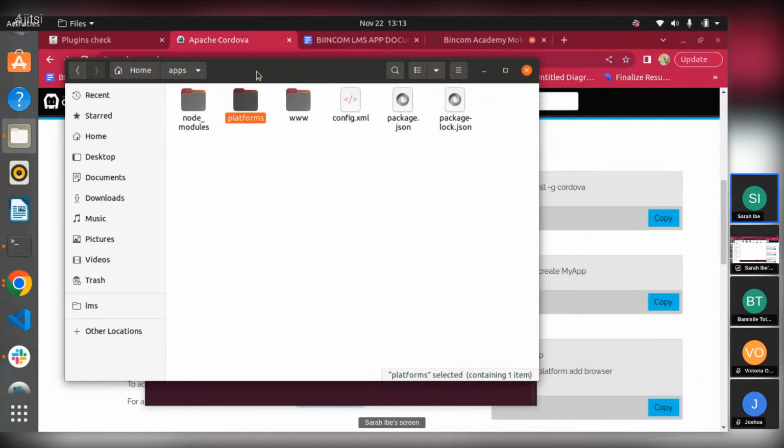Okay. So you have your node modules folder, you have your platforms folder, you have your config.xml, your package.json, your package-lock.json. Okay, but then basically if you